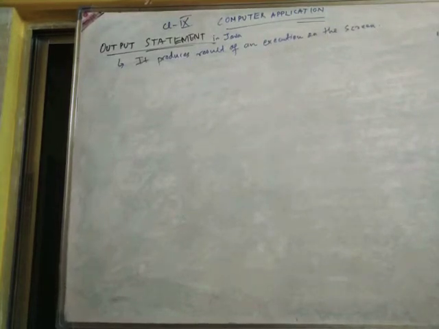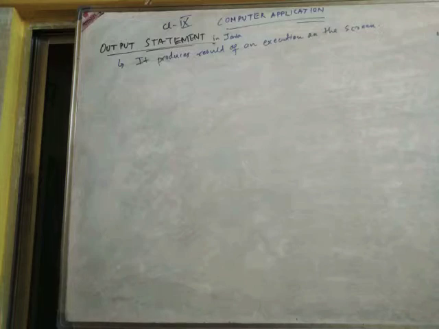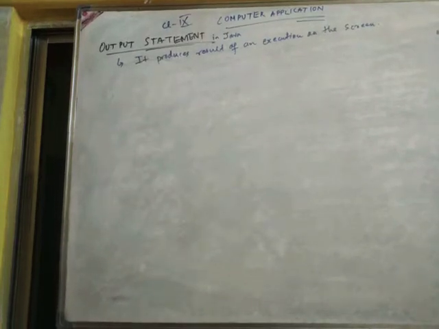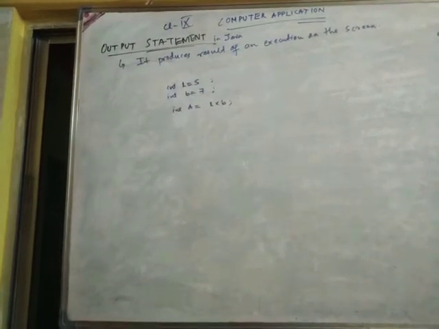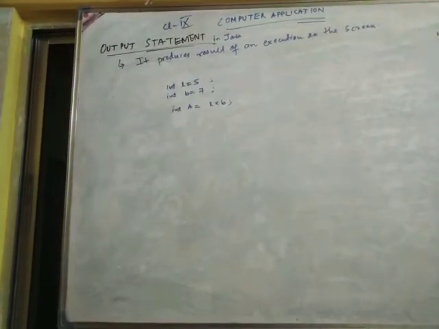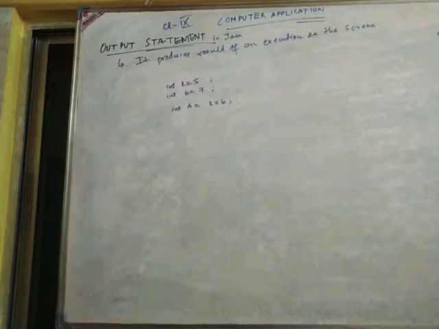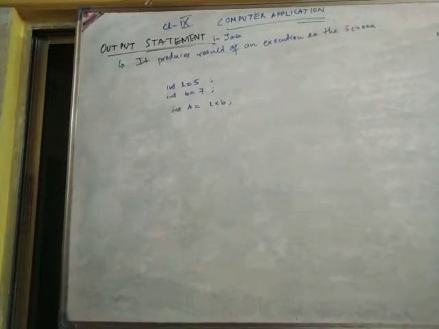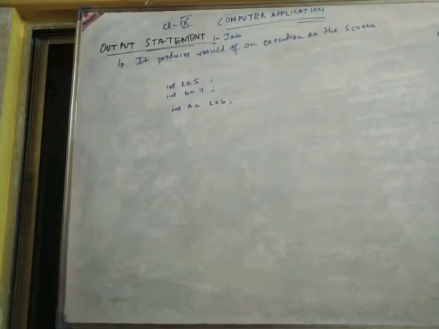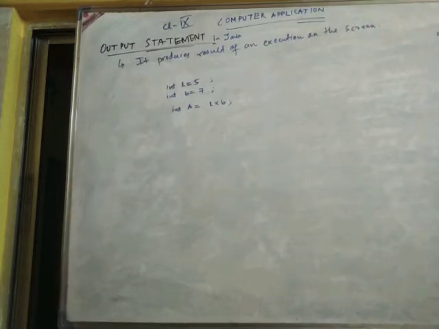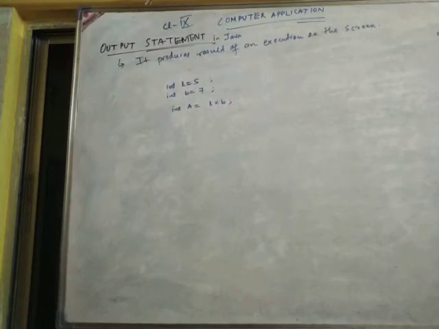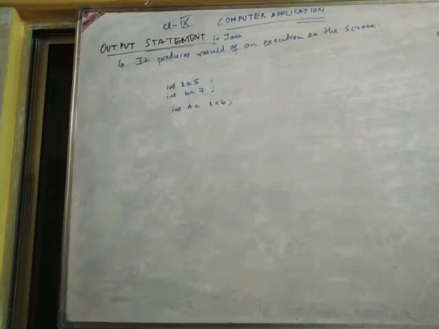Okay, first of all, what is the use? We have understood that it produces the result of an execution on the screen. Like if I calculated an area, here I took length 5 and breadth 7, and calculated the area, length into breadth, for a rectangle. So if I want to print this area, or print the length and breadth, how will I print it? In those cases I have to use an output statement. And there are two types of output statements, System.out.print and System.out.println.